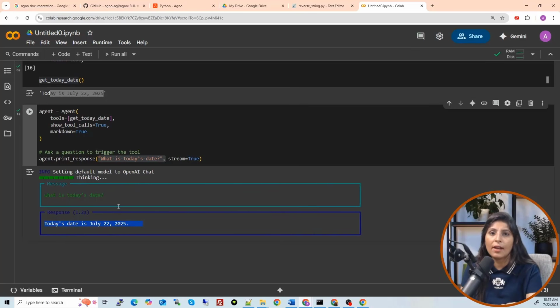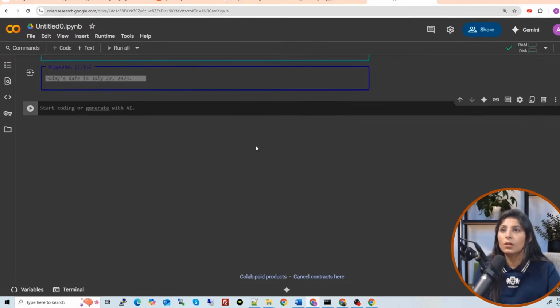Now let's create another custom tool. This time we will create a tool which will get the data from Wikipedia and then summarize it. For that we will use the Wikipedia REST API. We will create one function. The input to that function will be a topic, any topic, let's say machine learning, AI, anything. When you provide the input to that function, it will use the REST API to search Wikipedia and then it will summarize the content.